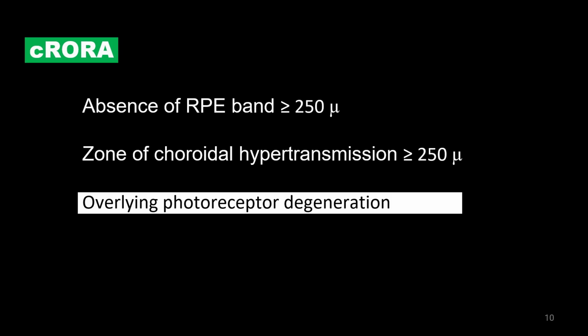The photoreceptor degeneration was further specified as loss of ellipsoid zone, interdigitation zone or external limiting membrane and thinning of